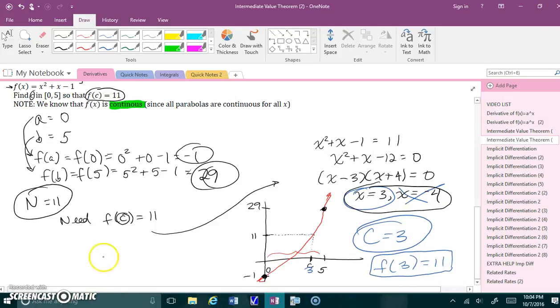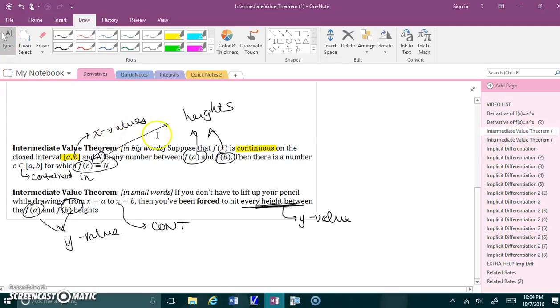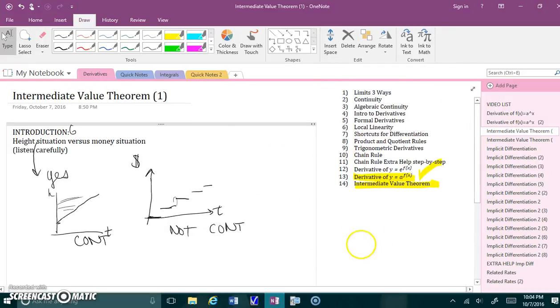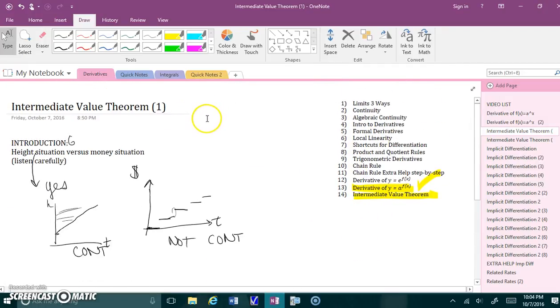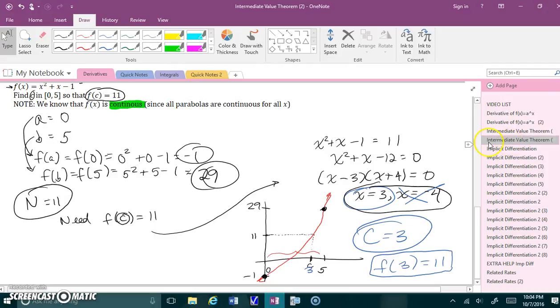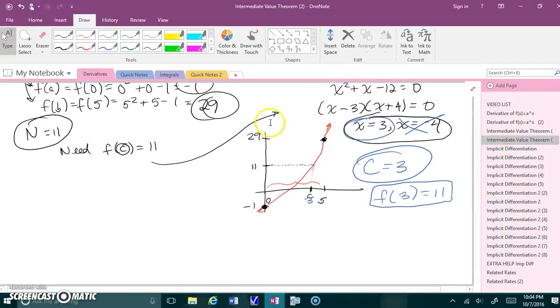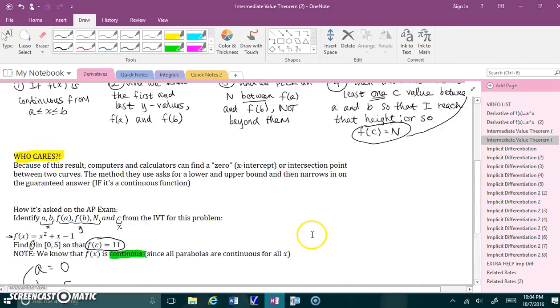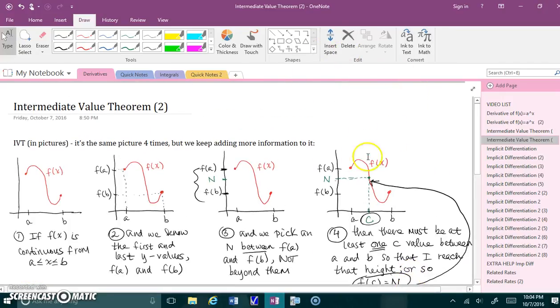So what I want you to do is, you finished your 2 video notes, and then at the beginning of these video notes, right up here, you have that little slip of paper with the visuals on it for the IVT that I had you tape down. Then you have these notes. Now I want you to go ahead and do those 2 problems on the half sheet that I gave you. It had those fill in the blanks. Those aren't too bad, but I do want you to have, in addition to filling out the blanks, a well-labeled diagram, kind of like this right here. And we'll practice this more in class.